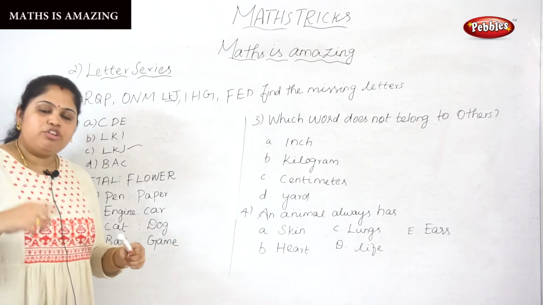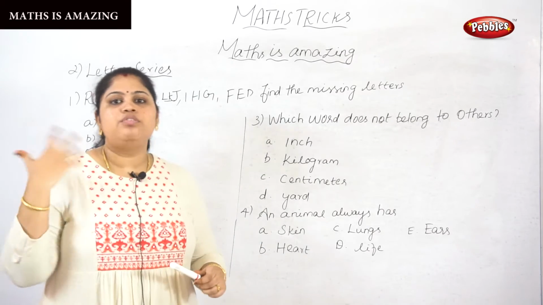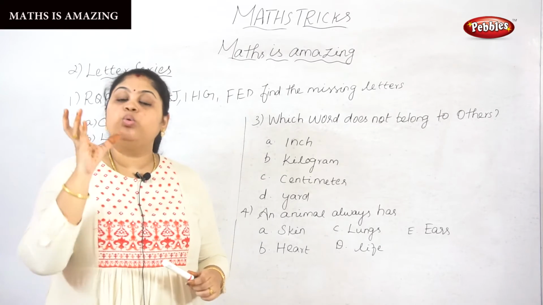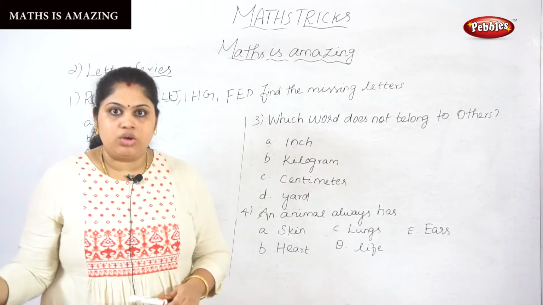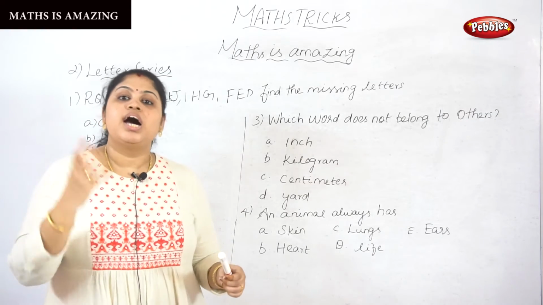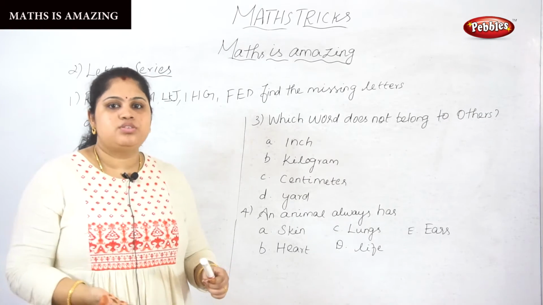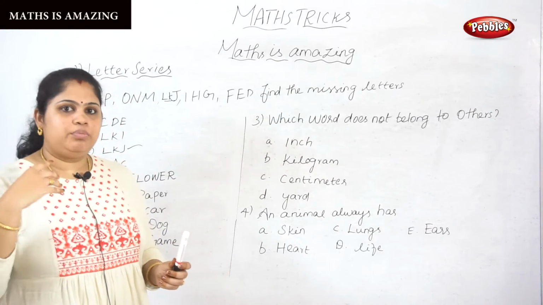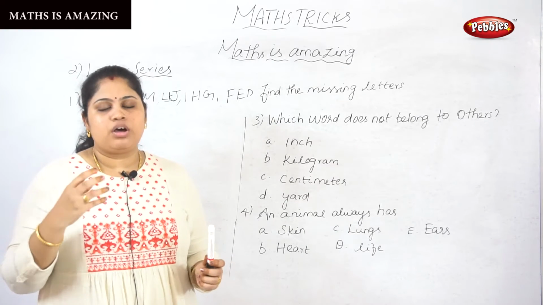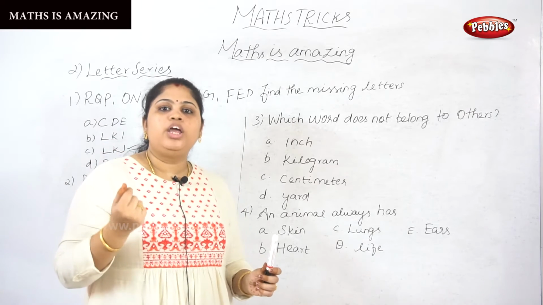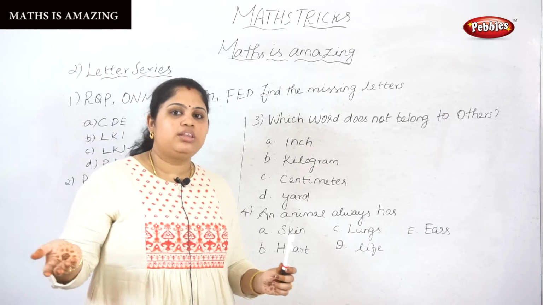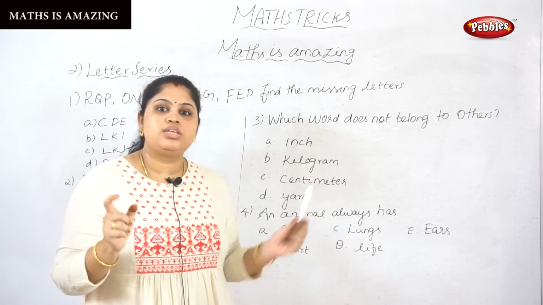If you keep on doing these kinds of sums, only then will you get an idea of how to think, oh, this is the way to think, oh, this is the way you should not think, and we are getting the answer from the options. You cannot get the idea from only 1 sum or only 10 sums. You have to keep on doing these kinds of sums.